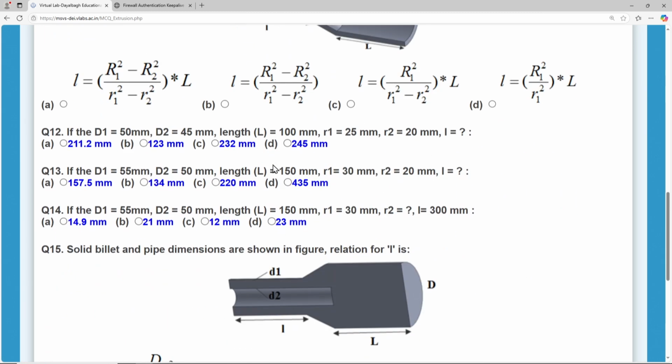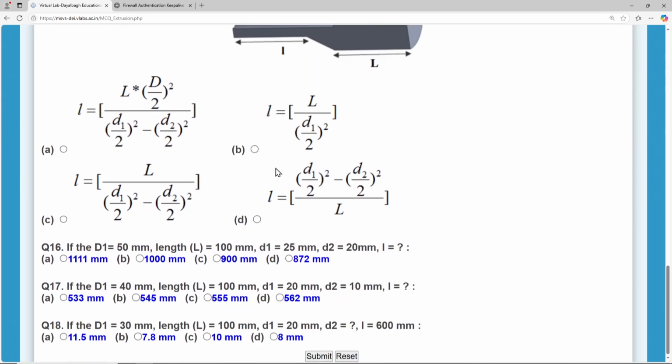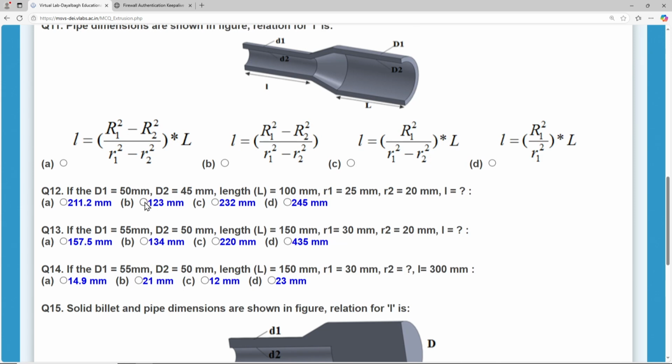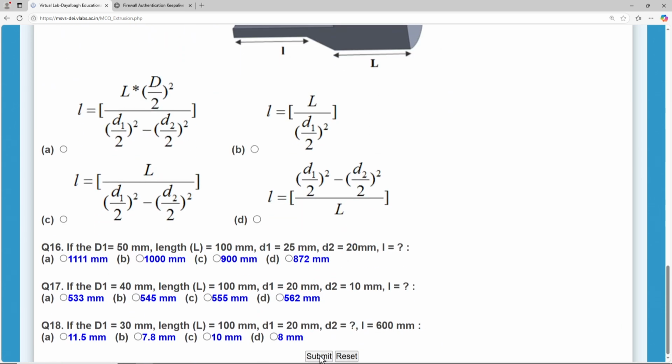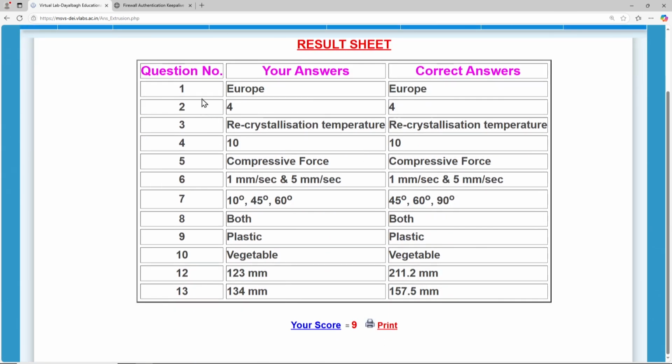So these are all questions. I will not walk through all of them. So there are 18 questions. If I suppose mark some of the questions and some questions I even miss, what will happen? I will submit the result. Only the questions that I have marked 1, 2, 3, 4, 5, 6, 7, 8, 9, 10, 12 and 13, for only those the answers would come. That means to understand the right answer, you should mark the answer. You cannot leave it. If you leave it, the right answer would not be shown. This is designed in this way.